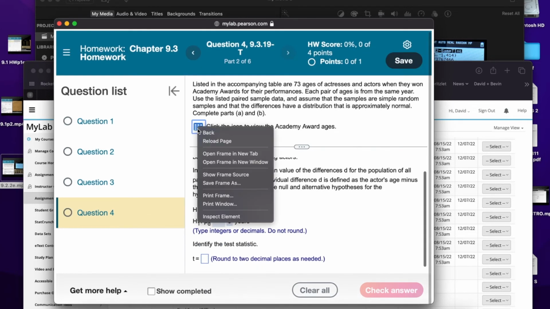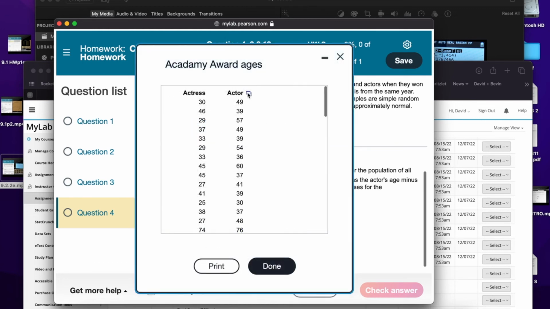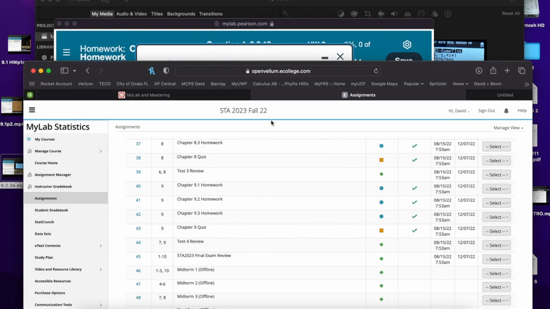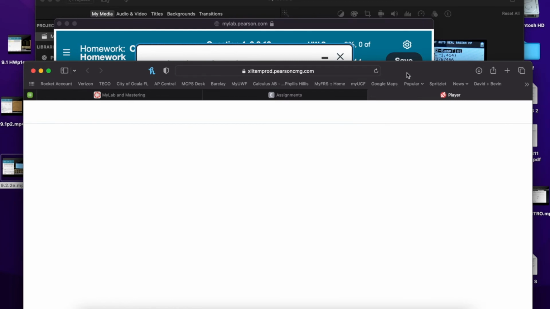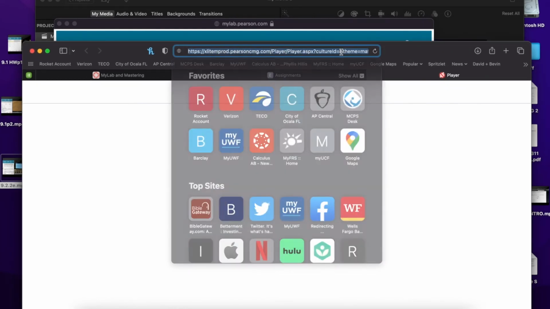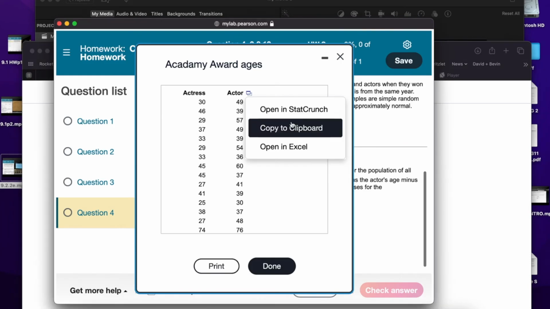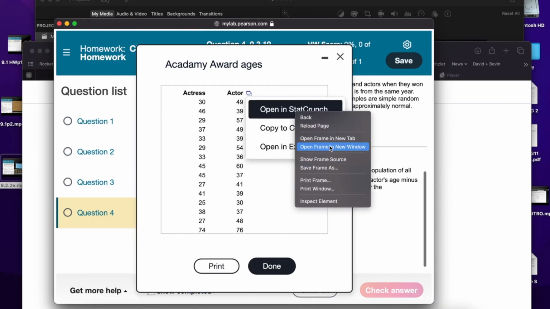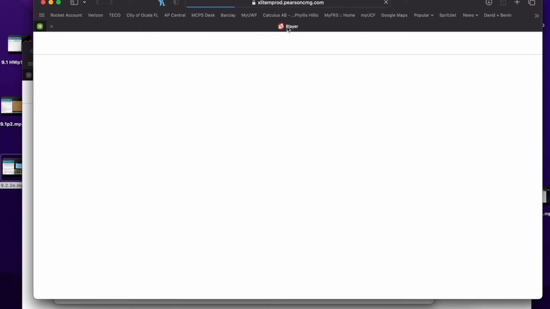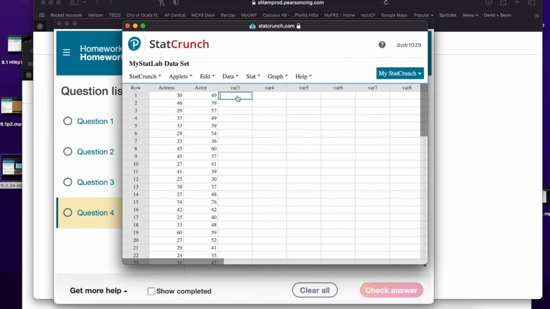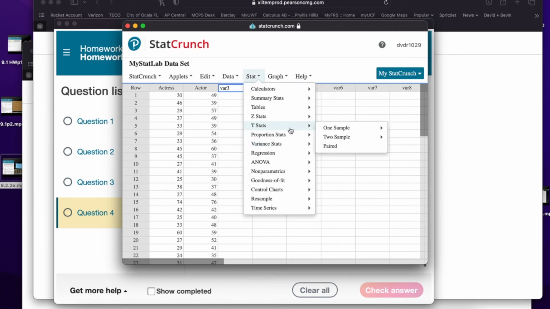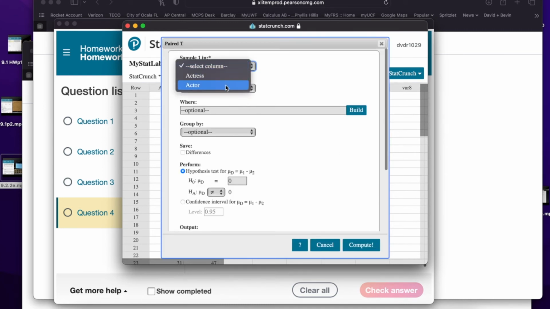And what's the test statistic? Okay, so first we're going to click this, and then we're going to press open frame in new tab. There we go. Open frame in new window. All right, we figured it out this time. So let's see, what can I do here? I can do a stat. I think I can even just do a paired stats test, and we can do actor, and then actress,